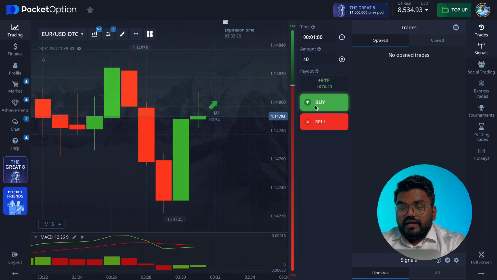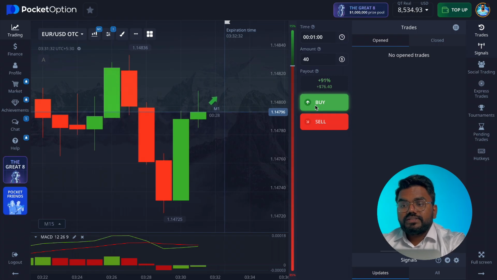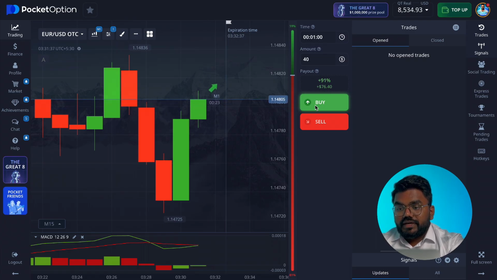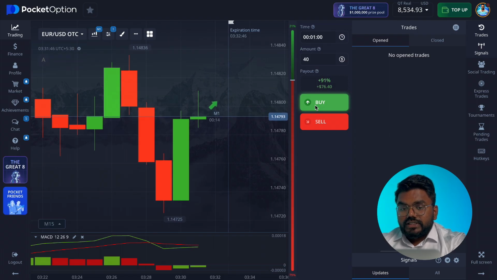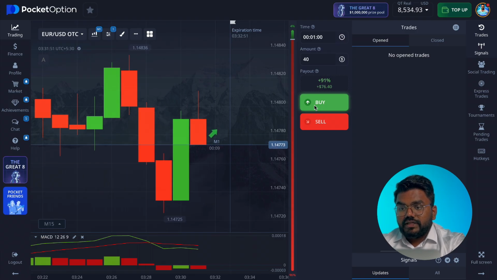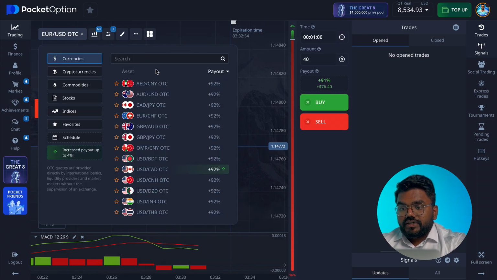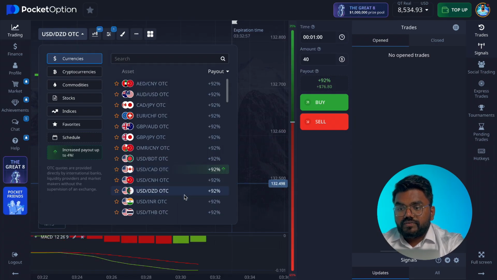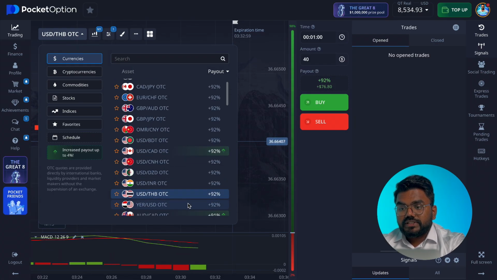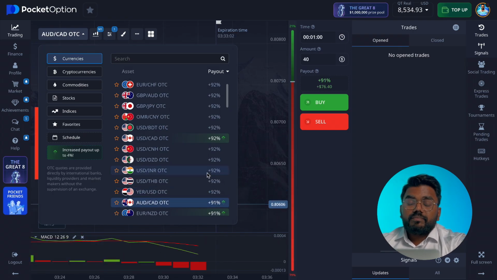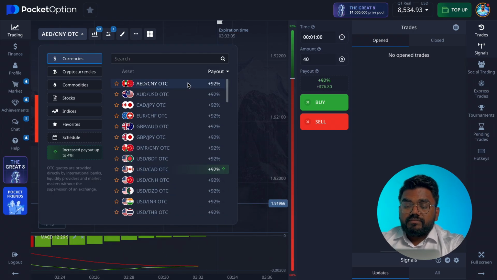Wait for the candle to react, guys. This is also something you need to be patient about, because if you just jump in, you're going to blow up money, because this is a risky thing you're doing. So wait for the strategy to get a crossover. The moment you get the crossover, that's when you make the trade. You just need to make a trade at that particular time. You can clearly see that the bar is actually going down, the candle is going to close. So let's see, we should change the currency, as this currency is not working properly with the MACD strategy. It's high risk, so if you're a beginner, don't make those mistakes. Jump on the right one, guys.